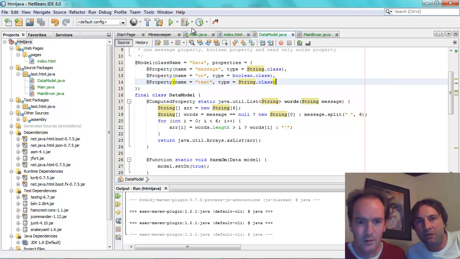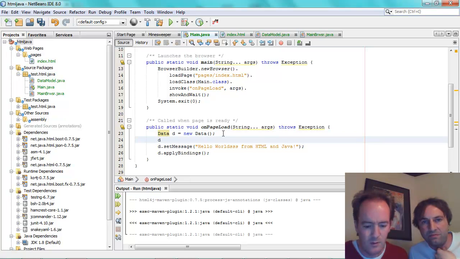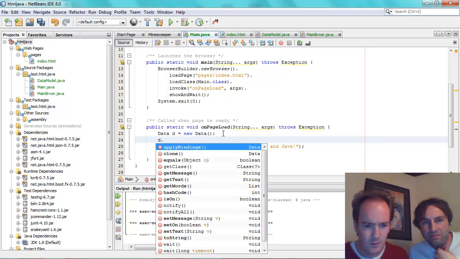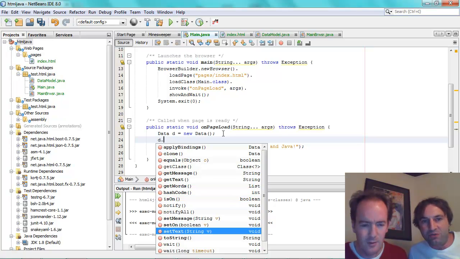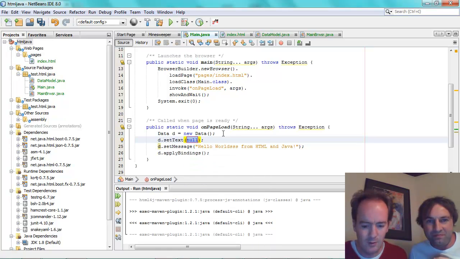So if you go to main, you should now be able to call d.setText. Wow, so how does that work? That's annotation processing. When I saved, that was generated. Okay, fine. So text